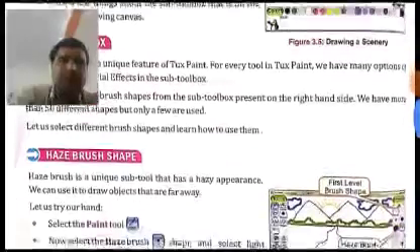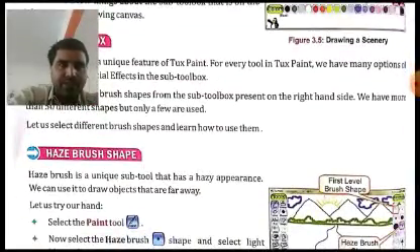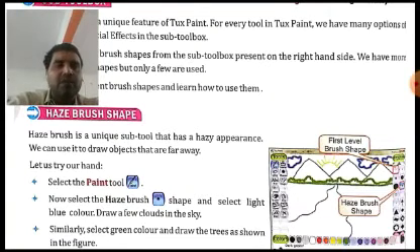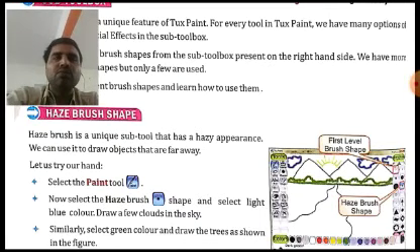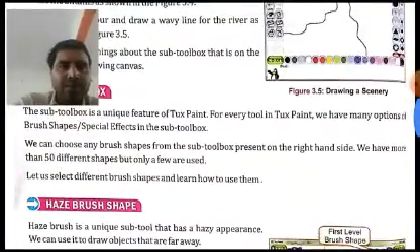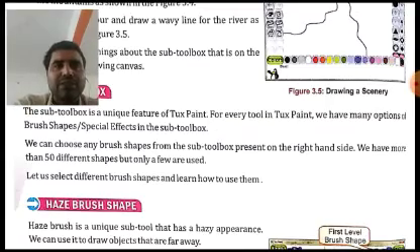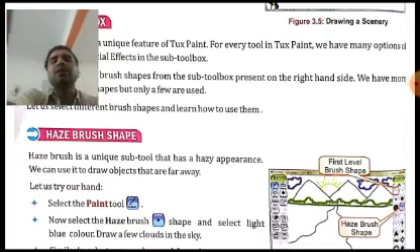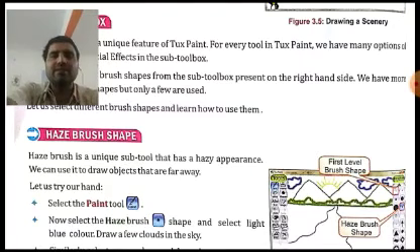them. Okay, now we come on to the haze brush shape. The haze brush is a specific type of brush shape. What is the feature of this haze brush? This haze brush is a unique sub tool. It will appear in the sub tool, not in the toolbox. As soon as we select the brush option from the toolbox, the sub toolbox will display different types of brush shapes there. So the haze brush shape is also a type of brush shape which is available in the sub toolbox.